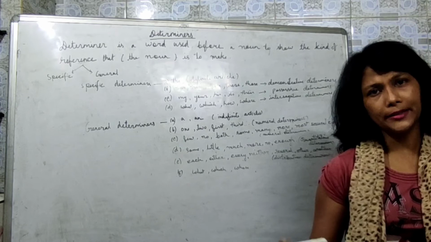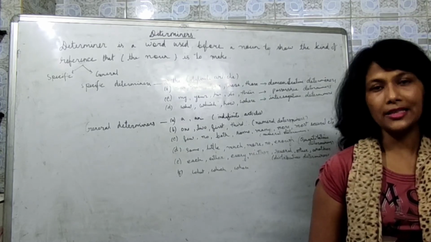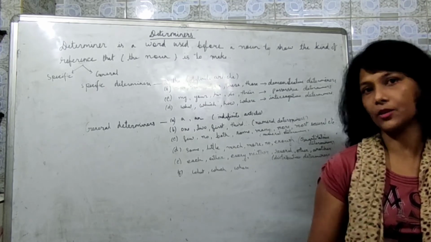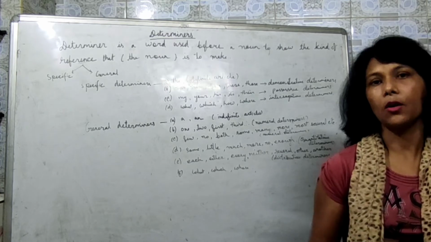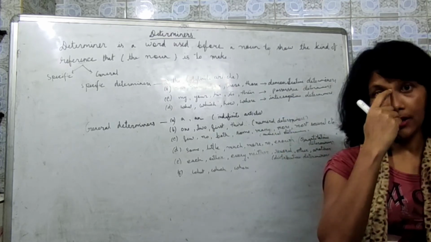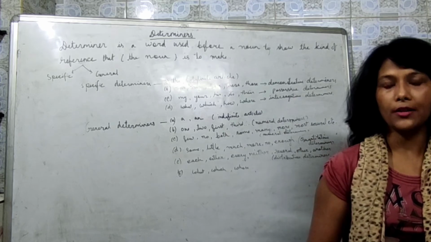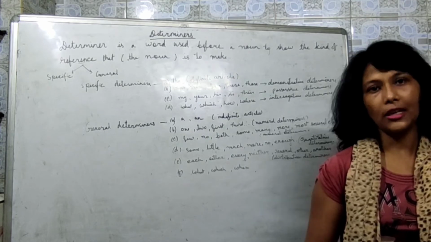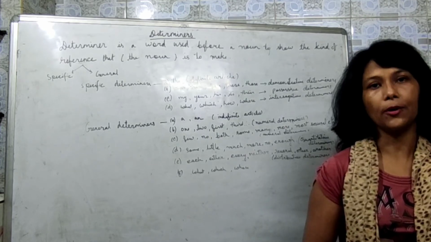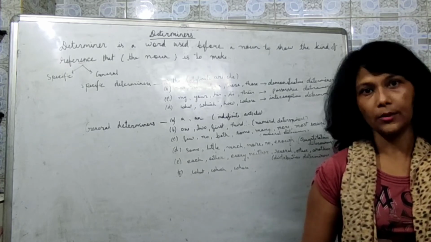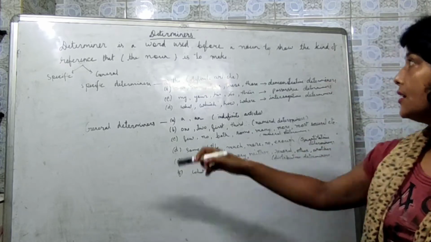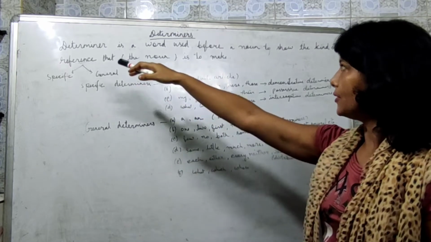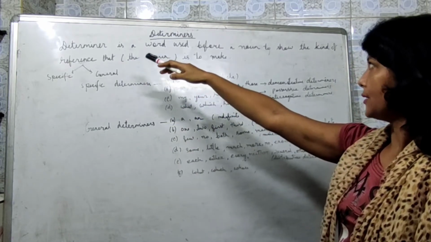Before going to learn the rules of the determiners, let's see what the determiners are. In the HSLC question paper, in the class 10 question paper, you are not always given in brackets what the determiners are. If you are asked to choose a particular determiner, it will be easier. But if you are not given any option, it will be difficult for you. So you must know what the determiners are. You got them in class 5, 6, 7, so we will not discuss them. I have only written the definition.